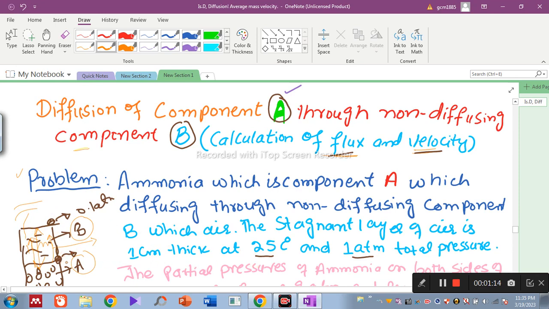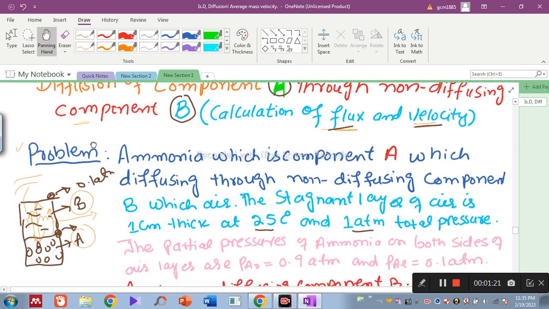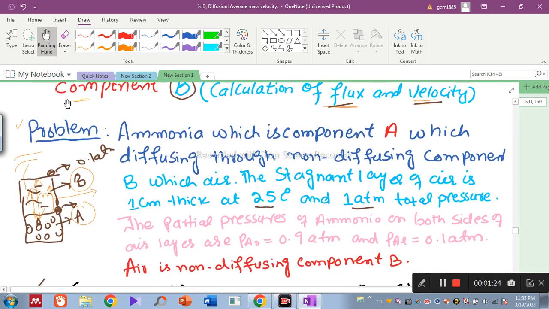of the stagnant layer of air is PA0 equal to 0.9 atmospheric pressure and PAL equal to 0.1 atmospheric pressure. So PA0 is this: the partial pressure of ammonia in this place is 0.9 atmospheric pressure, while the partial pressure of ammonia at this place, which is